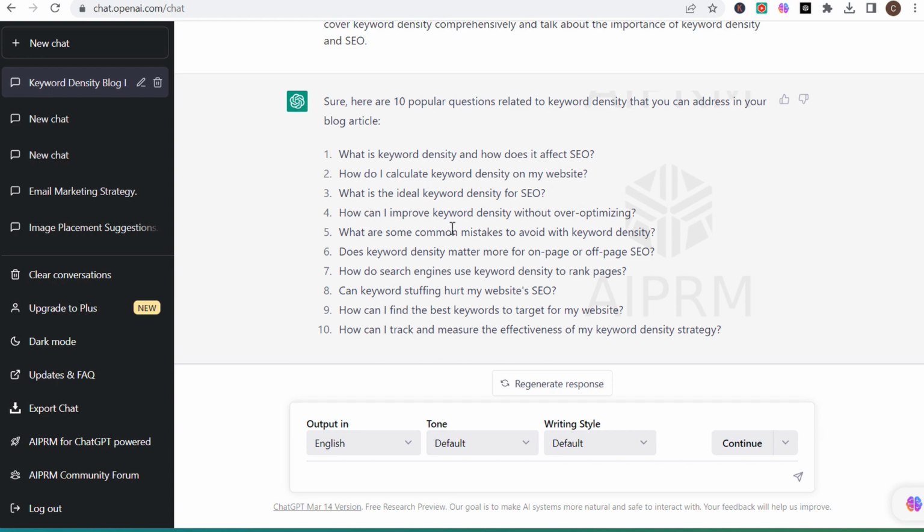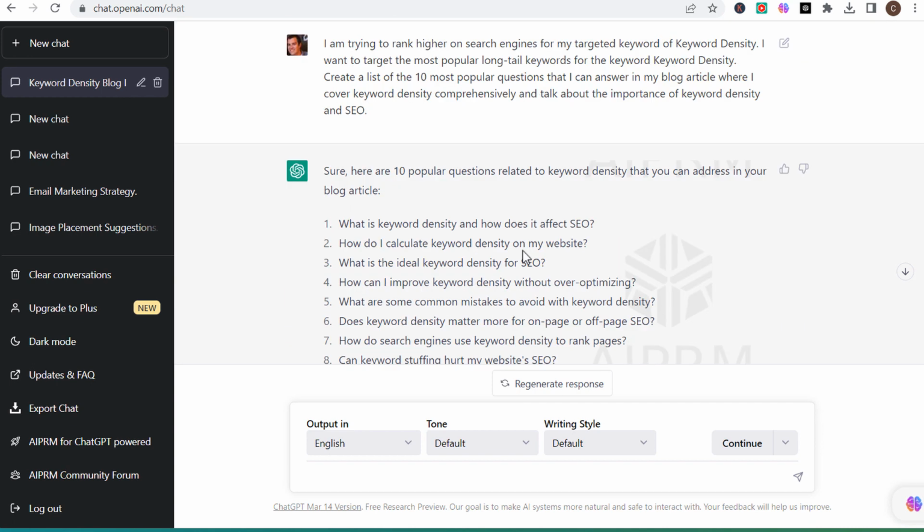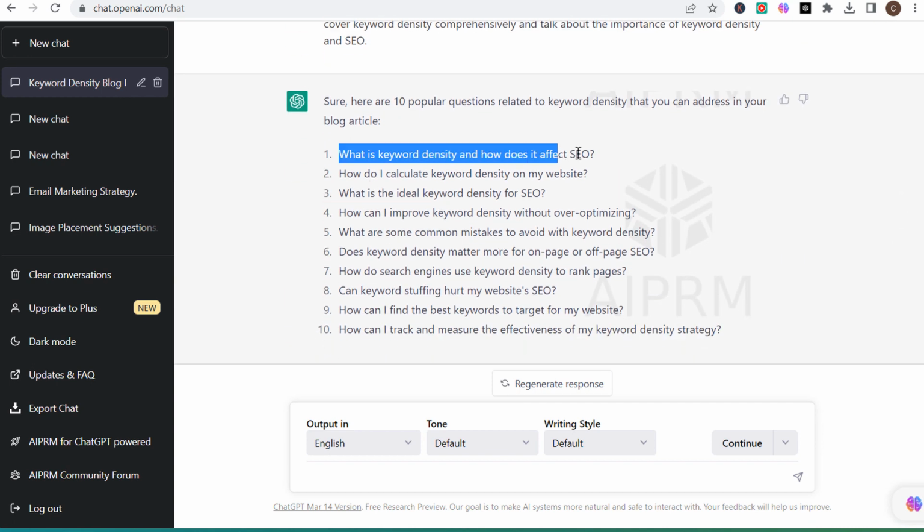Okay, so we get 10 different questions here. These are actually different questions than we got above. Some are kind of similar, how to calculate keyword density in your content. So we came up with 10 different popular questions related to keyword density. Generally, I wouldn't answer all 10 questions unless they're really good questions, but usually what I'll try to do is pick out at least 5 that I think are the best questions to answer that people who are reading this are going to have. So we have our first 2 prompts here, different ways to expand and improve our article,